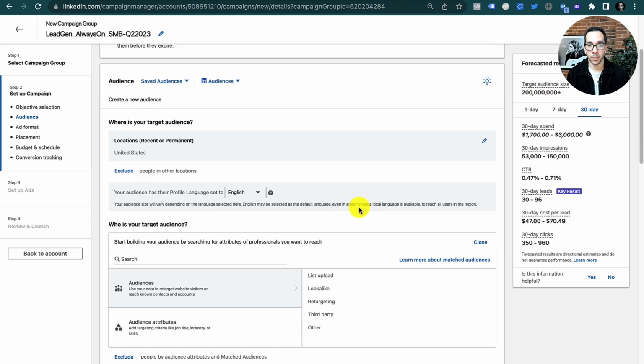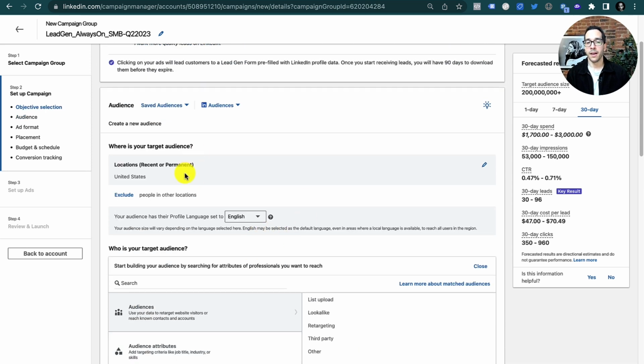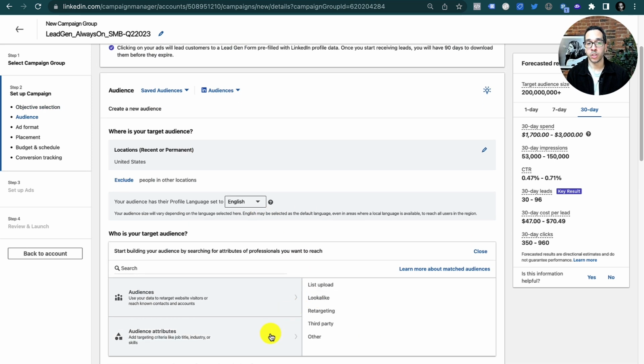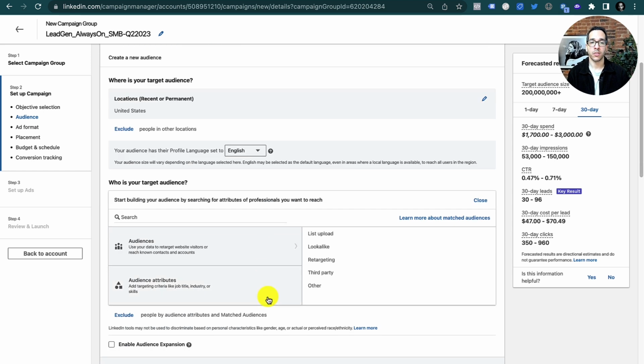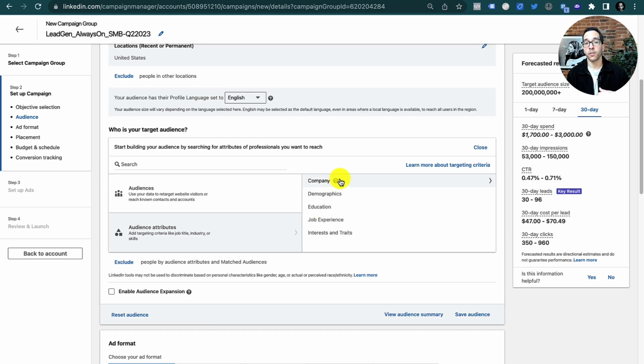over 200 million people. Obviously, our ads don't need to get in front of 200 million people. We need to get in front of people that want to buy our products and services. So there's generally two ways that you can go about this. From an audience perspective, we can build an audience from an account list, CRM records that you have. We can build a lookalike. We can do retargeting from a website. What we're gonna do in this example is we're gonna start first with